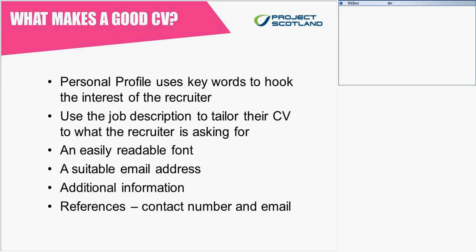The personal profile is the first thing that the hiring manager will see, and if you have copied and pasted it onto each job that you're applying for and each CV you're making up, I always find that if you tailor that personal profile, it works really, really well, because it basically hooks the interest of the person looking at your CV. And remember, you've got a short amount of time to hook the interest of the hiring manager. I'm talking about things that are familiar to them, such as pages that you've used, some project that you've worked on, or mentioning relevant experience that they're looking for. They move up the list of people that they want to call